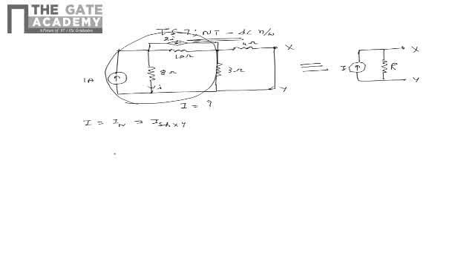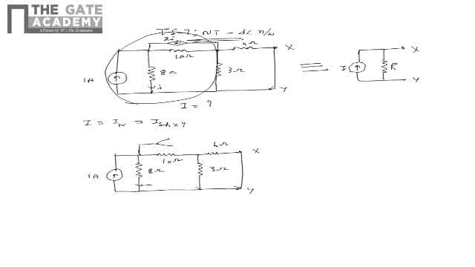So from this, we can redraw the equivalent circuit after shorting the terminals X and Y as shown in the figure. Please note that here the terminals X and Y should be shorted. So now let us assume the nodal voltages V1 and V2 at the nodes 1 and 2 that are marked now. Now upon applying the nodal analysis at these two nodes, we can get the equations as shown,